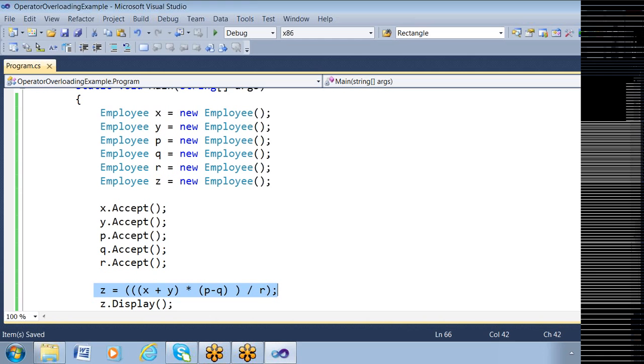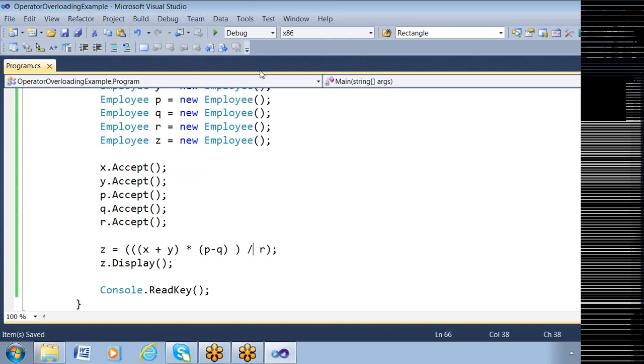But how many of you actually think we're calling four functions there? Plus is a function, multiplication is a function, subtraction is a function, and division is a function. These are all functions. So if I test this code now,